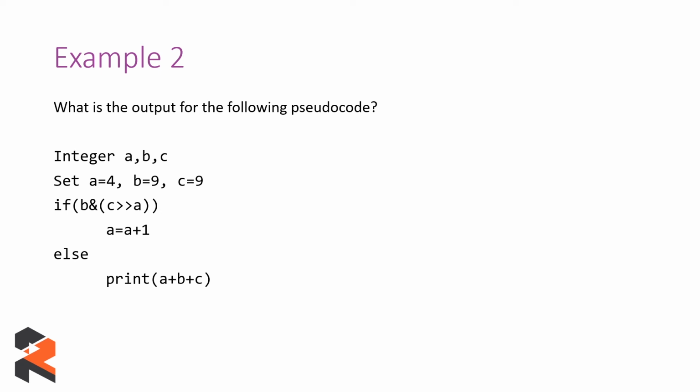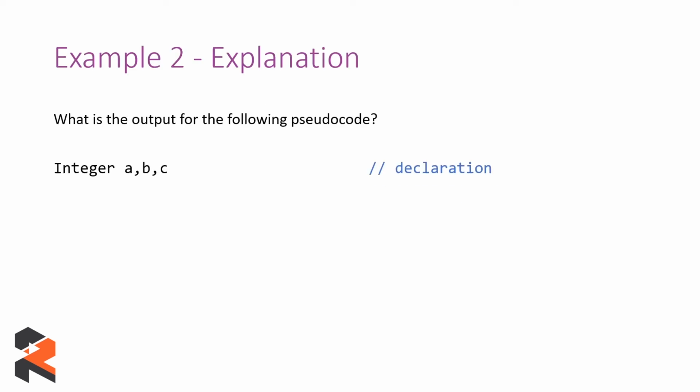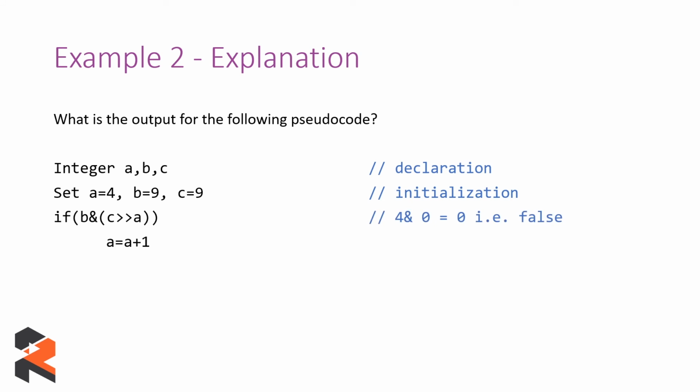So in this case, the answer which we are getting out from the if block is 0, which means that your code will not enter the if block. It will simply go into the else block and it will print the value of A, B and C. So we add up the values of 4, 9 and 9, which evaluates to 22. So as you can see, I have given the code, and I have provided some explanation in the form of comments. So that should be helpful for you to evaluate the answer, that will be 22.